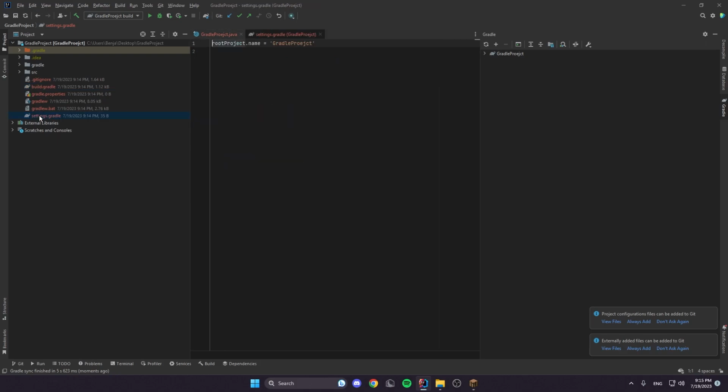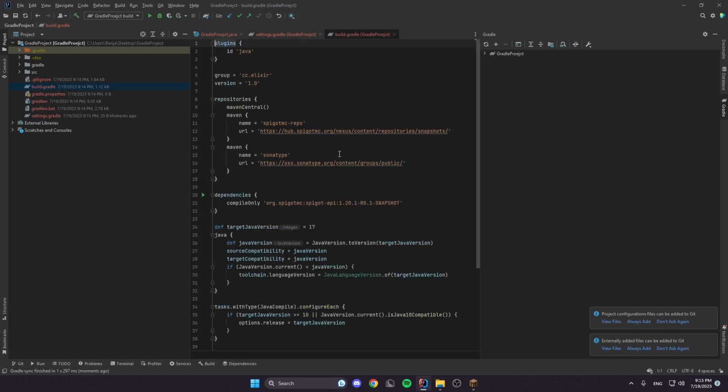So if we go to settings.gradle, this is pretty much the root project name. You can see right here that is the project name. I'm not gonna change that, but for example, if you had subprojects, you could go and include right here, for example, API. You could actually go and include those, so then you can make the different projects use each other, which is really useful. But then the build.gradle, this is pretty much your